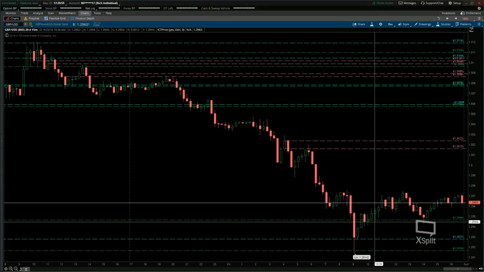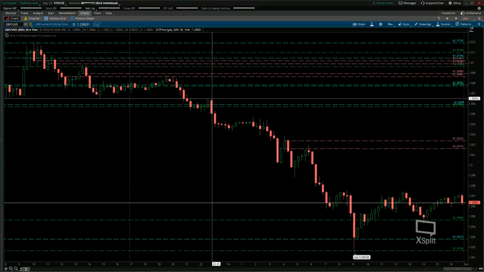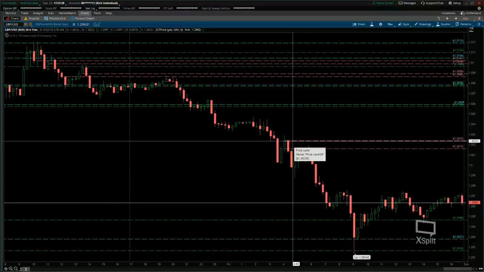ICT calls it the second mouse gets the cheese, the first mouse gets killed. The second mouse gets to come along and eat the cheese around the dead body of the first mouse. So those things are crucial. As we get down into these 15 minutes, especially the 5-minute chart, you start to see that the order blocks are not as important, but the level of consolidation is more important. So if we go down into this area, let me show you